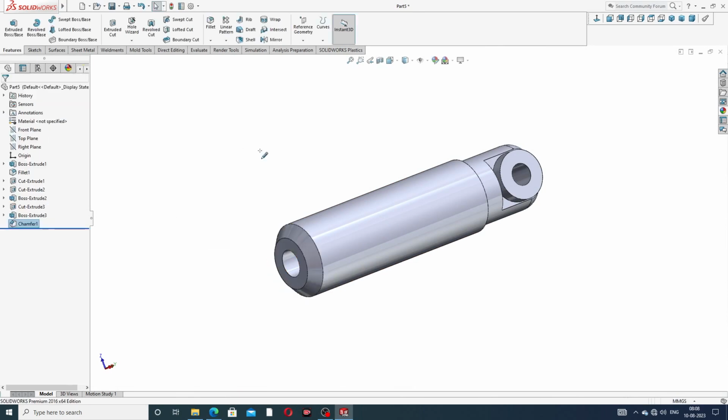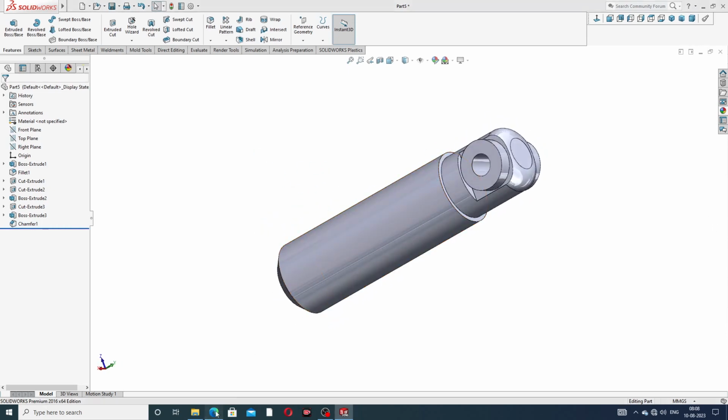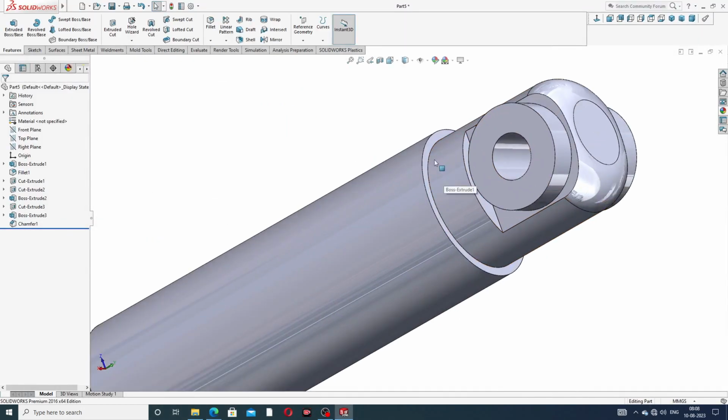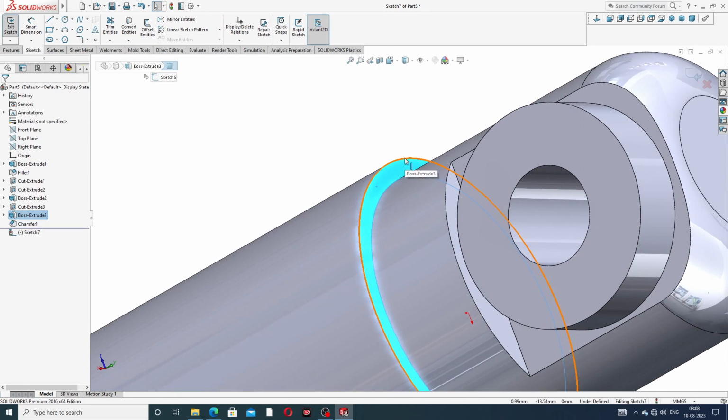Okay, and next is the thread used here. The thread is a rectangle drawn here. This length is 2 millimeter, and this is 2 millimeter, and the angle is 60 degree, and use a pitch of 3 millimeter, and this length is 50 millimeter. Okay, and select this face, sketch, and use this line, this edge point,